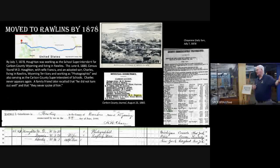And Carbon does not look very appealing there. And to think that he's making it look better makes you think just how bad it actually was. Okay, living in a dugout along a creek mining coal is not really probably the best thing that he would have wanted. We see him in the 1878 Cheyenne paper listed here as getting a salary for the superintendent of